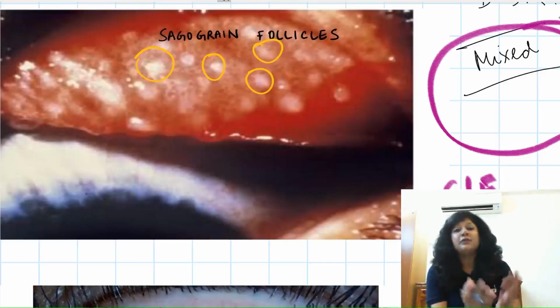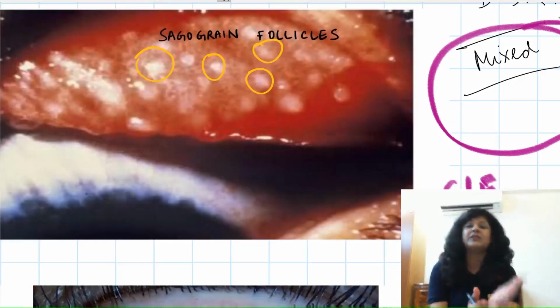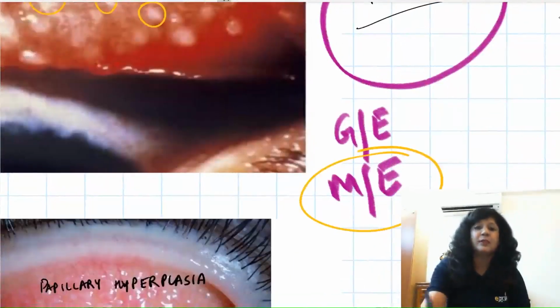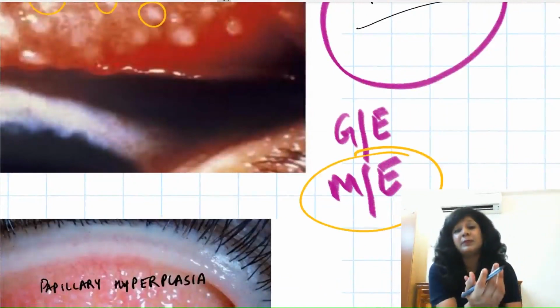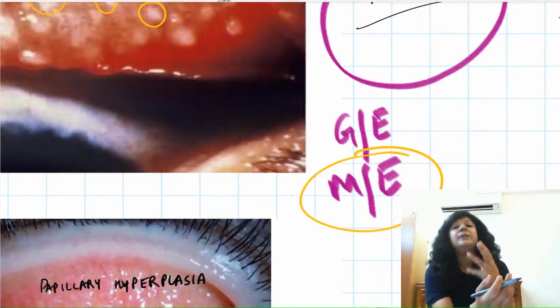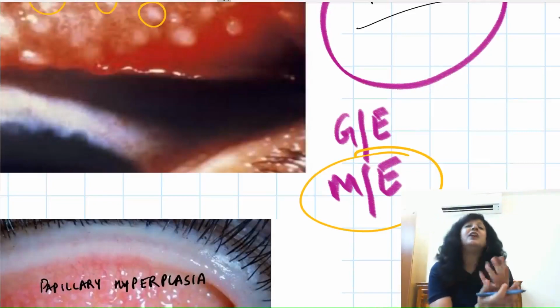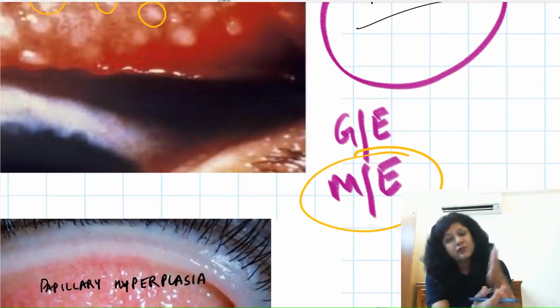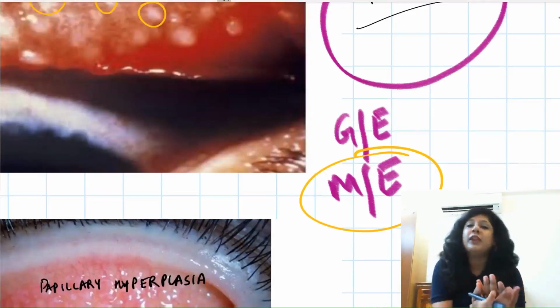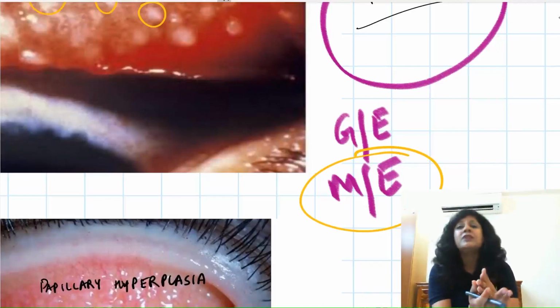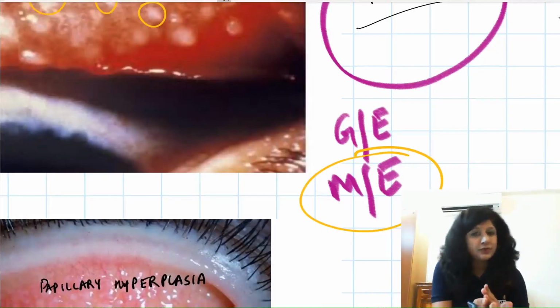Now suppose you are seeing the follicles and you have a doubt whether these follicles are from trachoma or from any other follicular conjunctivitis, then we can go for this microscopic examination. On the microscopic examination, you will get typical Leber cells, which are the large multinucleated cells, plus you will also get the signs of necrosis. So if you are getting this, you are sure that these follicles are due to the trachoma. Apart from this, even from sago grain appearance, plus the other things also you will have that will make it sure that this is actually a case of trachoma.